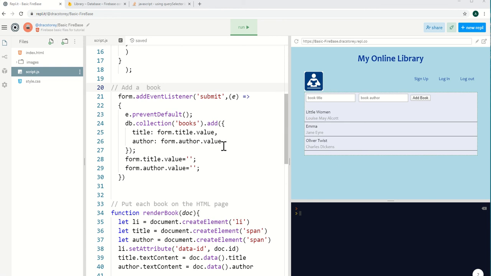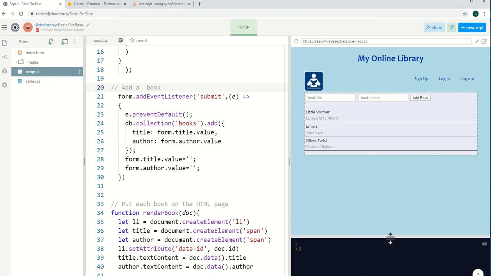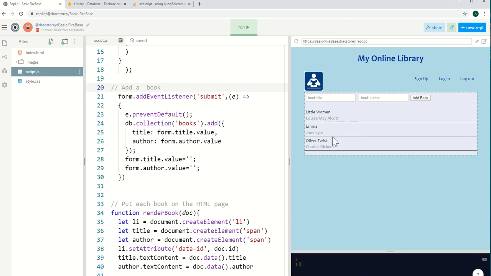Okay, so we've managed to add data. We've got data, but what happens if we want to delete a book from our library? Well, first of all, we need something on this front page here, which is going to let us delete it. So what we're going to do is try and put a cross over here. When we render each of the books, what we need is to